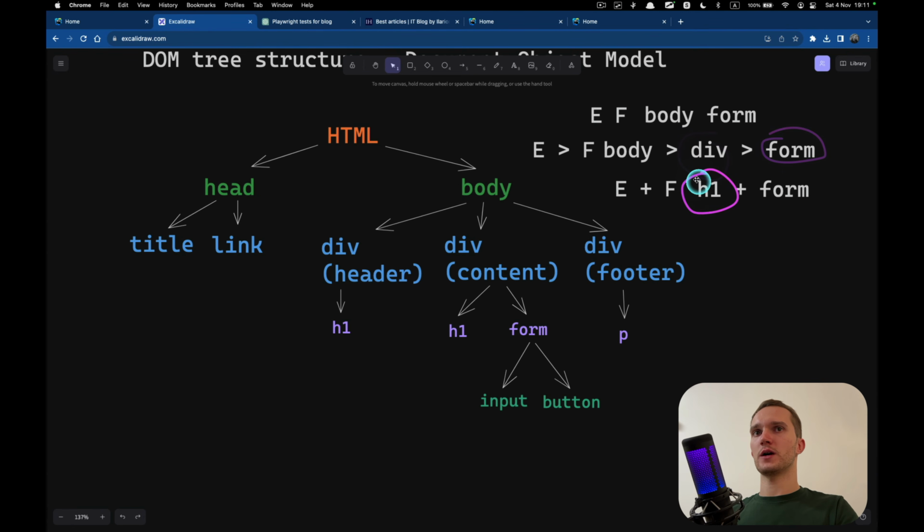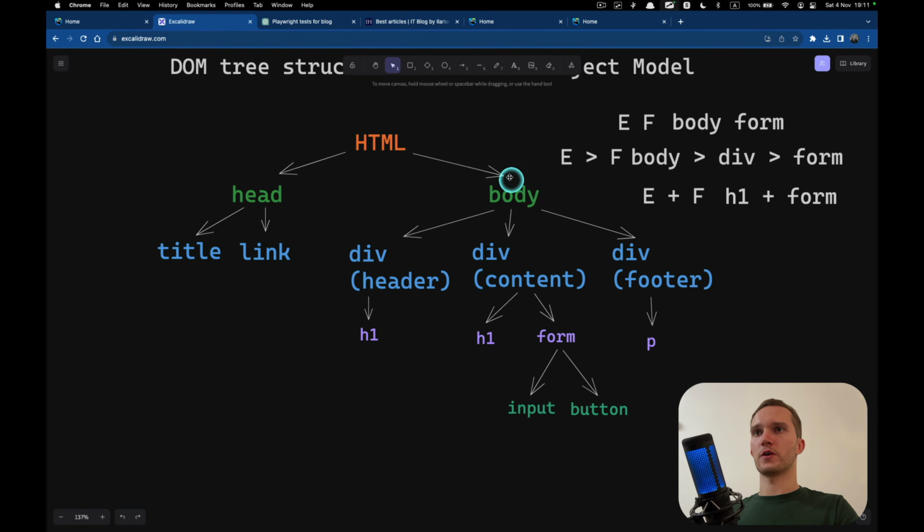Here the same, h1 is parent of, no, this one is sibling actually. So we always go from top to bottom. And there is no way to first locate this element and then go up to the form, then go to the div. So there is no way to find the parent element. If we located the button by ID, we cannot go up the tree and get the parent.